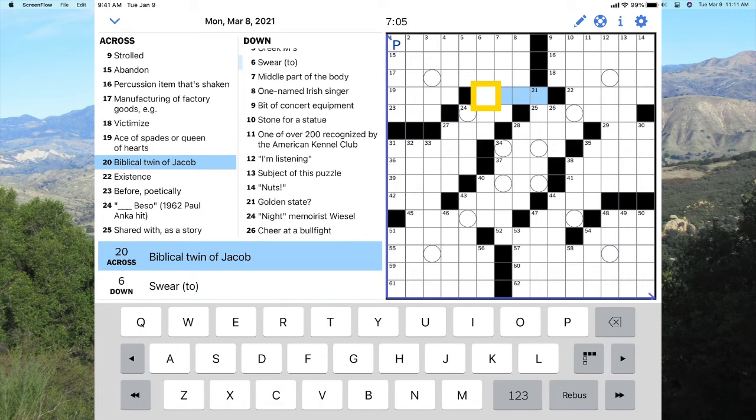Across the top, you have a pencil. What the pencil does is if you're unsure of a clue, then you can tap in pencil mode and the letters will turn gray. If you're out of pencil mode, they are black. But I don't use that because I use a cheat. So using the lifesaver up here, which looks like a one that you would throw off a boat,